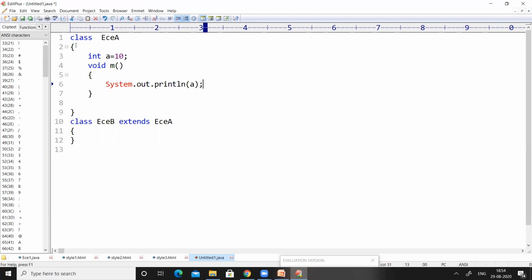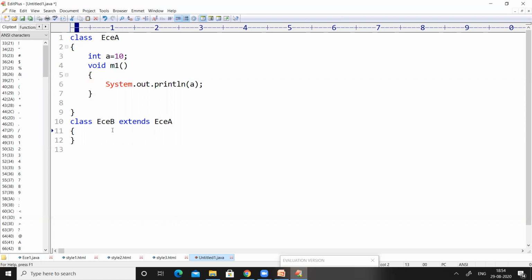If anyone has doubts regarding how to write a class and how to write methods, you can follow the previous session to get clarity. So this is the first class which contains a variable a and method m. Let us consider it as m1.